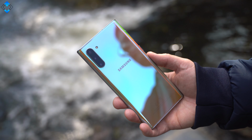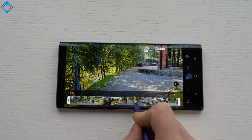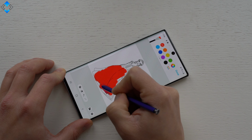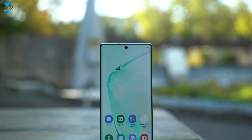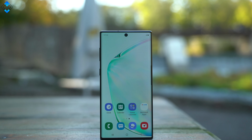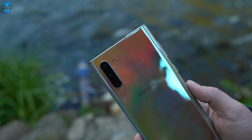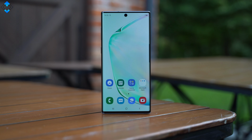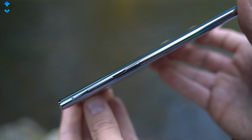So there you have it, the Samsung Galaxy Note 10, or the Mini Note, as I like to call it. I really enjoy using this phone because it gives all the S Pen features in a compact package. Even though I was skeptical about Samsung's decision to use a 1080p screen on this phone, I can assure you that it's really good. The flaws about the phone: well, I wish it had a micro SD card slot, there is no headphone jack, and if you constantly switch from one phone to another, you might find the button placement